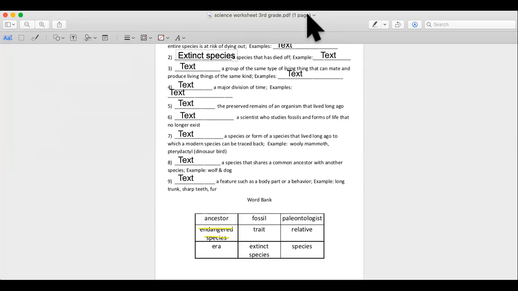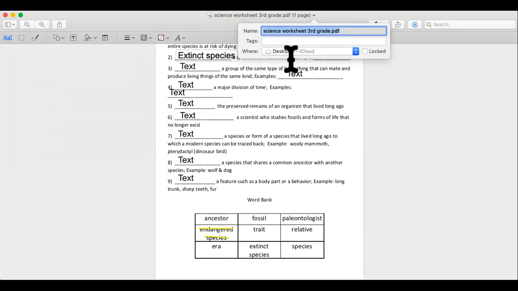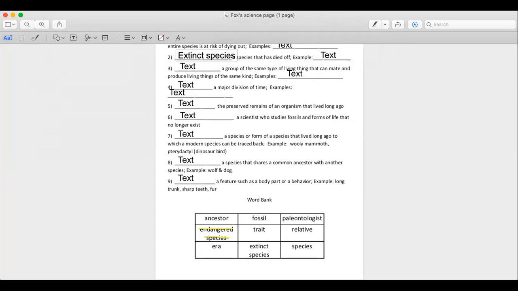It says Science Page, Grade 3, and it's being saved on my desktop. Now, maybe I want to call it Fox's Science Page. And now I've saved it on my